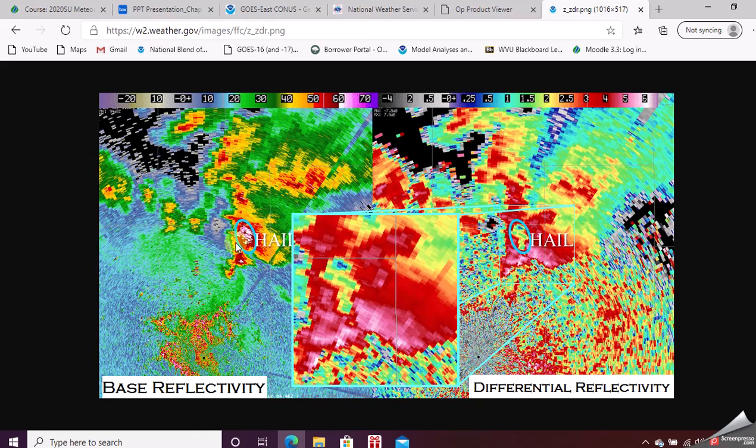And here is hail being detected by reflectivity. A little hard to tell if it's hail or not. It could be very heavy rain. But here it is on differential reflectivity, and you can see there's a change in size in this area, all the way down to blue, which is really a big monster drop of some type. So when it knows that there's a change in size, it's a really great way to identify hail, and dual pole does that.